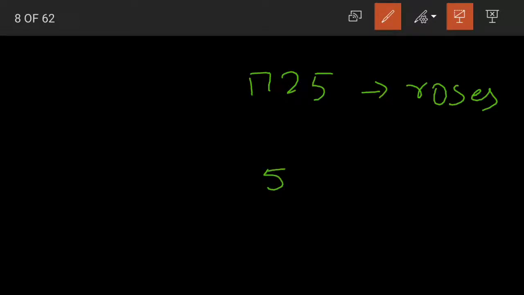We have 1725 roses and they have to be arranged in groups of 5. Now how many groups will be formed? What did we do? We divided these two. Yes, so here this 1725 is nothing but 17.25, which have to be arranged in groups of 25 paise, which have to be arranged as 25 paise coins.